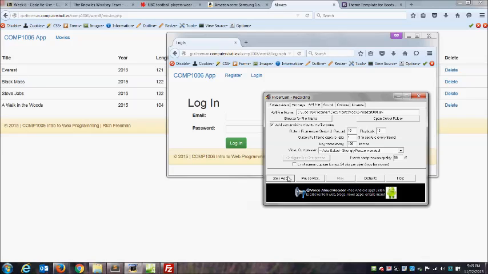I'm going to re-upload header and footer. And now when I refresh my movies page, my error goes away and notice it says movies. Even if I try to go to the login page, I'm still logged in this browser, so it shows the movies link. It knows I'm logged in. I have access to that page. If I go to a private window or a different browser, notice the difference. In this version, I haven't logged in this window, so I'm not authenticated. If I try and go straight to my movies page,